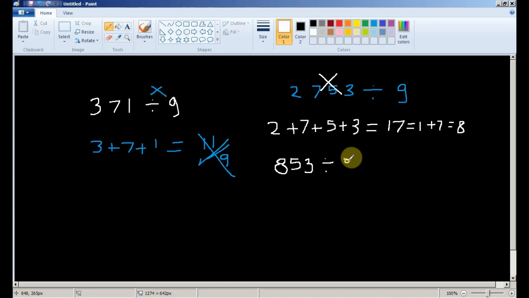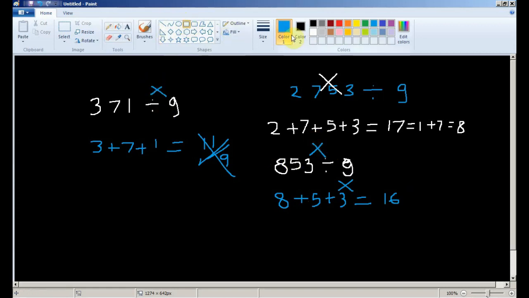Let's check this one. 8 plus 5 plus 3 gives me 8 plus 5 is 13, 13 plus 3 is 16, so again it's not divisible.